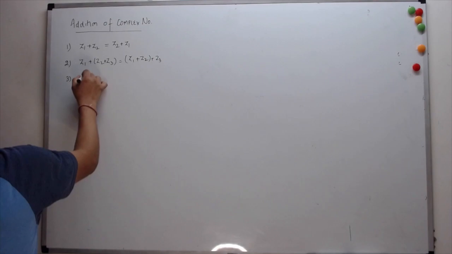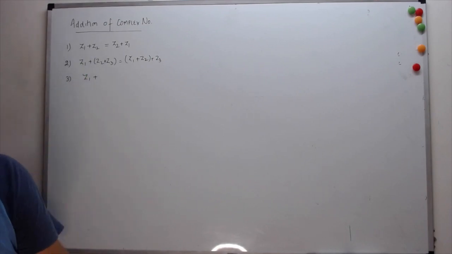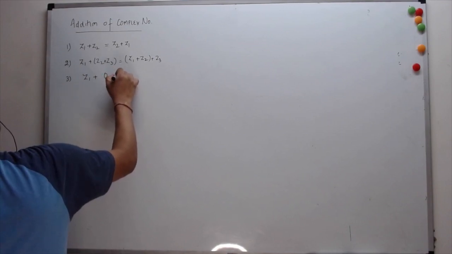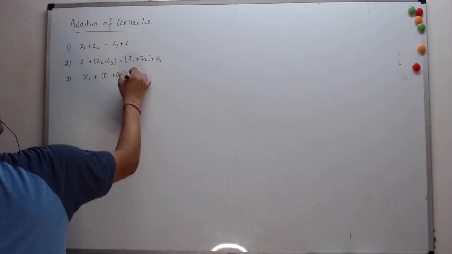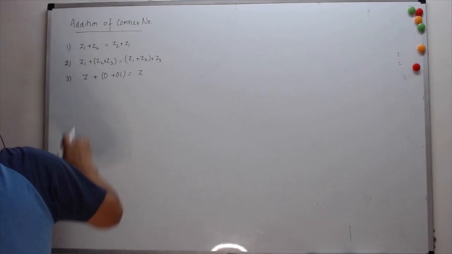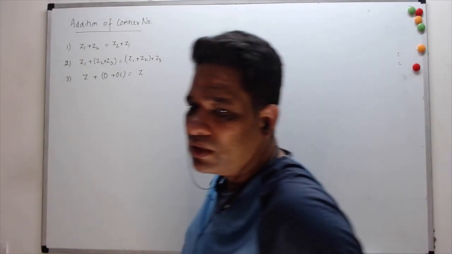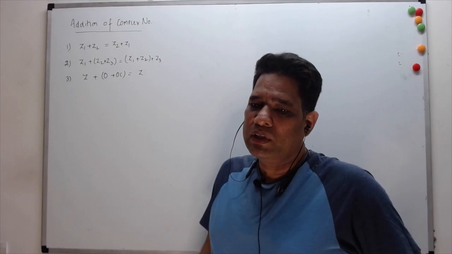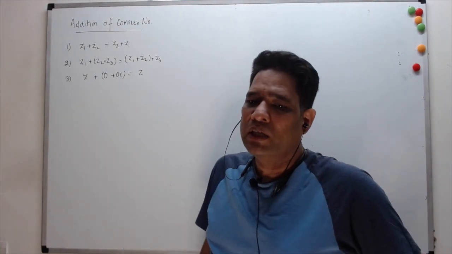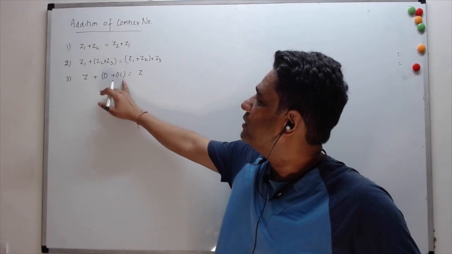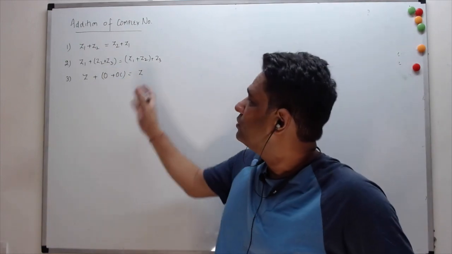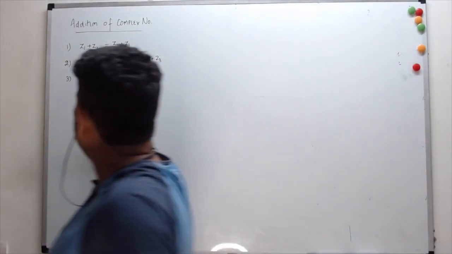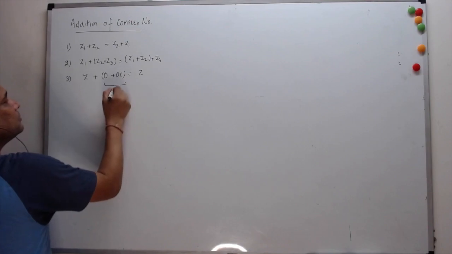Then we also talked about additive identity. Some number which is 0 times 1 plus 0 times i gives you the same number z. So a complex number 0 can be imagined to be a complex number with both the real and imaginary parts being 0 individually, and that can be added to any complex number to yield the same number itself. So this 0 is an additive identity, you could say.